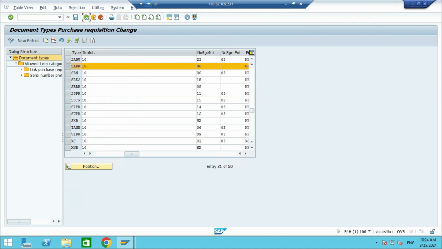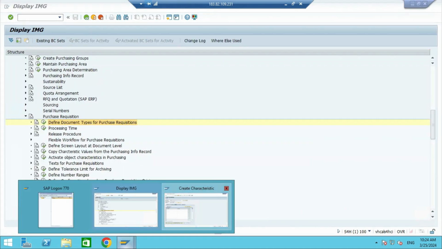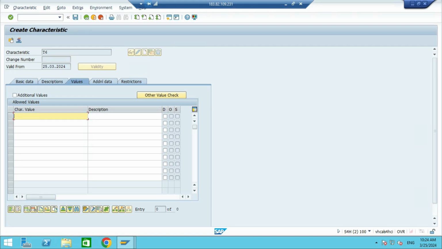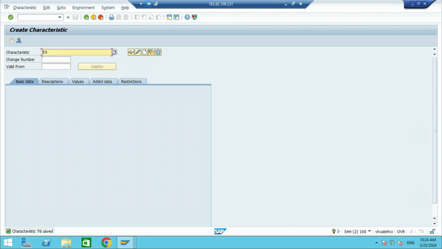Now we can go back, parallel screen. Here I am going to enter SAPR, then the description, PR document type SA02, save the data. Now the characteristic T6 was saved. Then enter the second characteristic T7 for our plant,